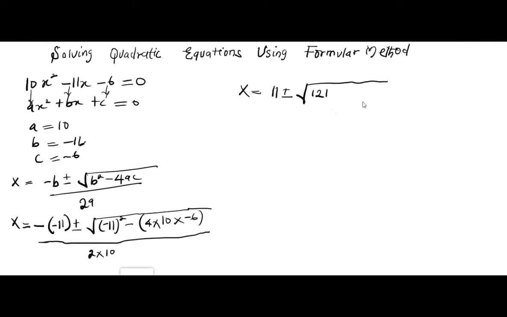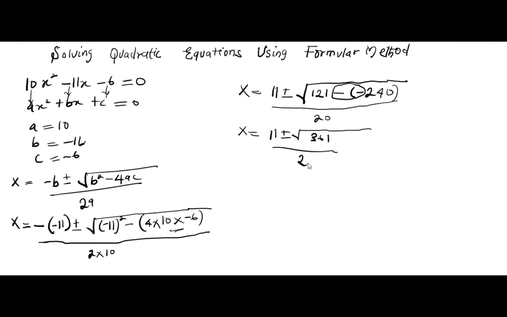Then we have minus 4 times 10, that is 40. 40 times -6, that will give us -240, divided by 2 times 10, that is 20. And our x equals to 11 plus or minus, we have square root of 121 minus -240. The whole of these two negative signs will change to plus. So we have 121 plus 240, and the answer is 361. So we have 361 here